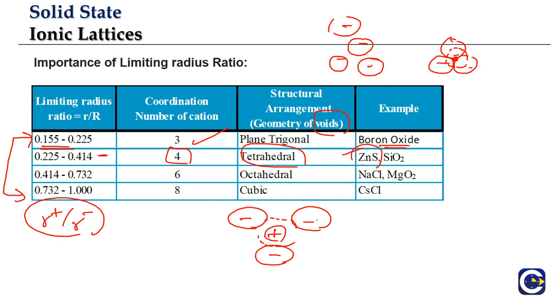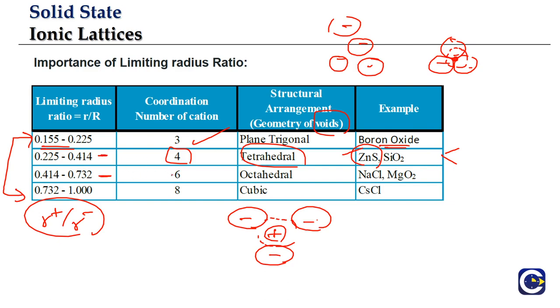We have the zinc blende structure, ZnS. This is a very famous example in this category, and we will see when we go to the discussion, the zinc blende, though the geometry of the voids is tetrahedral, we can have 2 possible arrangements of the ZnS. One is what we call the normal zinc blende structure, and the other one is the Wurtzite structure. So we'll discuss what is the difference between the two, and more about this ZnS as we go there. But this is for the radius ratio between 0.225 to 0.414.